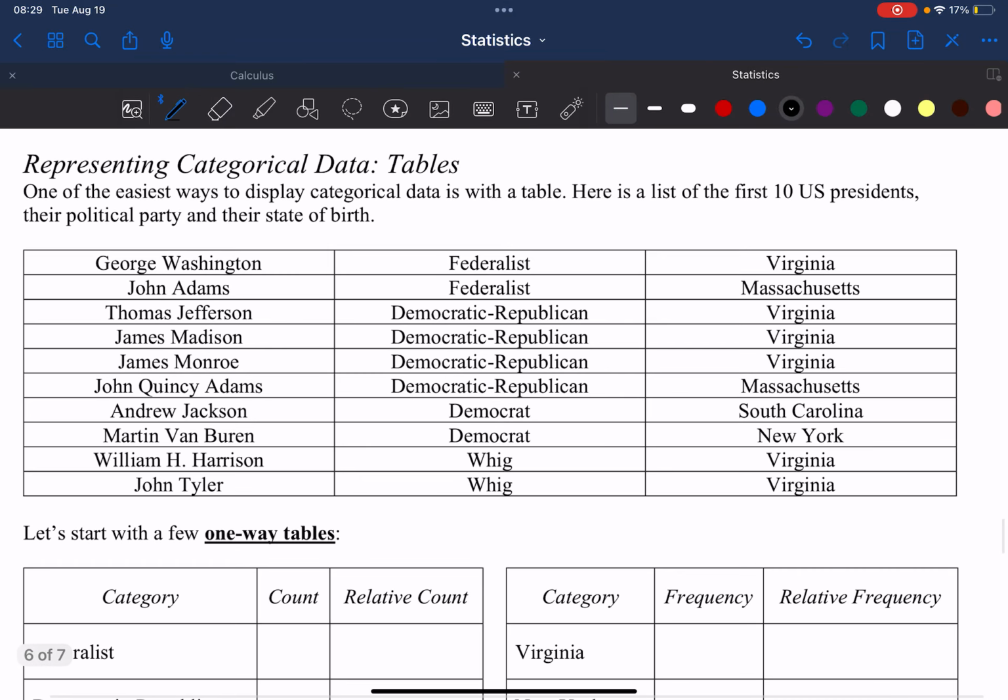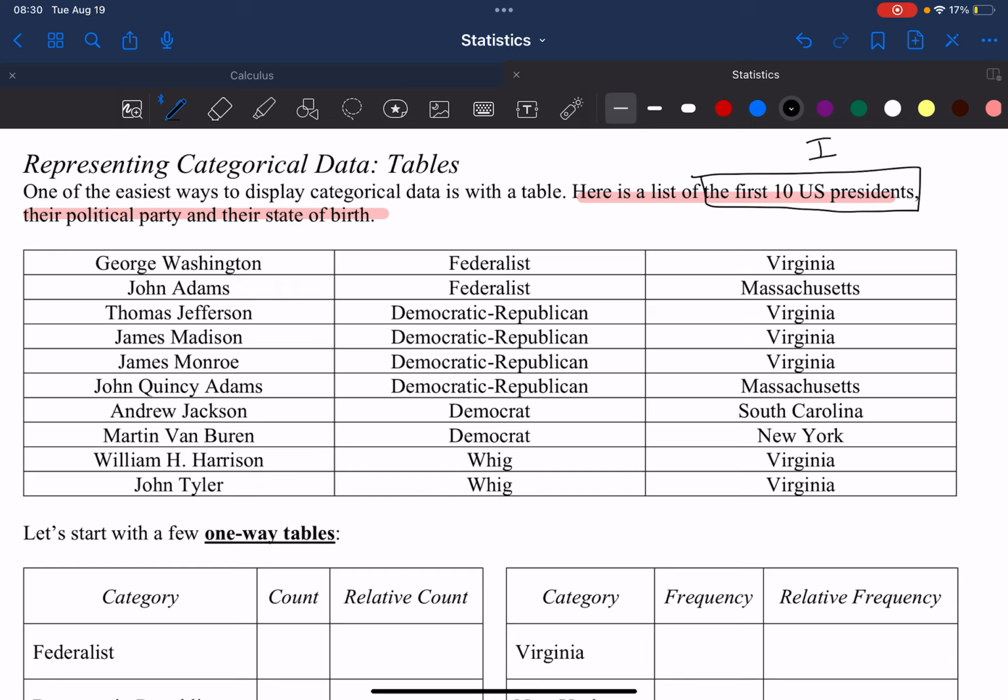Okay, now let's look at two ways to represent this data: we can represent it in a table or in a bar graph. First, looking at our example, it says here is a list of the first 10 U.S. presidents, their political party, and their state of birth. So if I were to ask you, what are the individuals, you should tell me the individuals are the first 10 U.S. presidents. It's very important to be extremely specific when you're talking about your individuals or what you're studying,